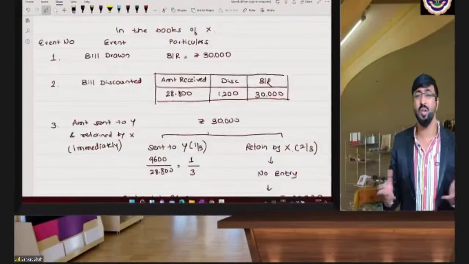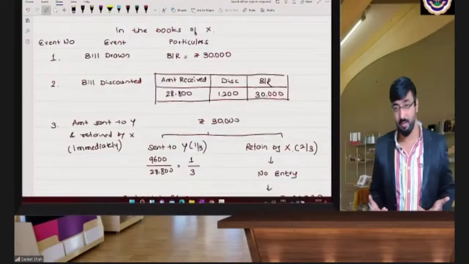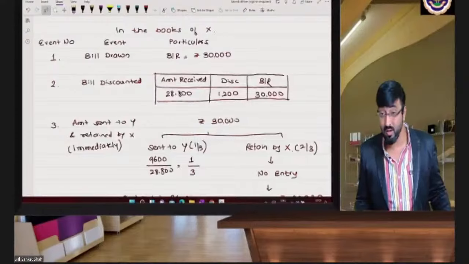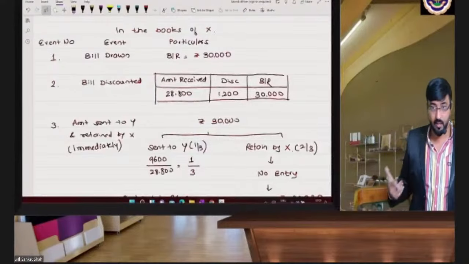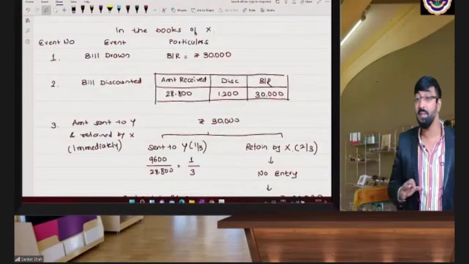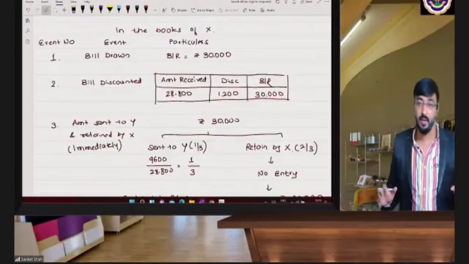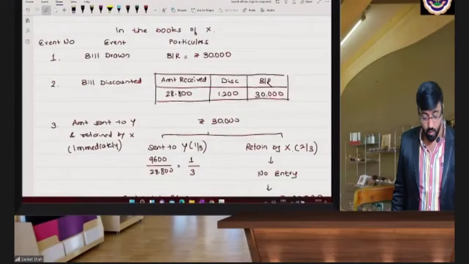So this is a mutual accommodation in which there is a bankruptcy. Not only bankruptcy, there is a concept of dishonor, and if you understood it properly, this problem is nothing. This is the highest difficulty level problem in this chapter, for mutual accommodation. If you got this chapter,